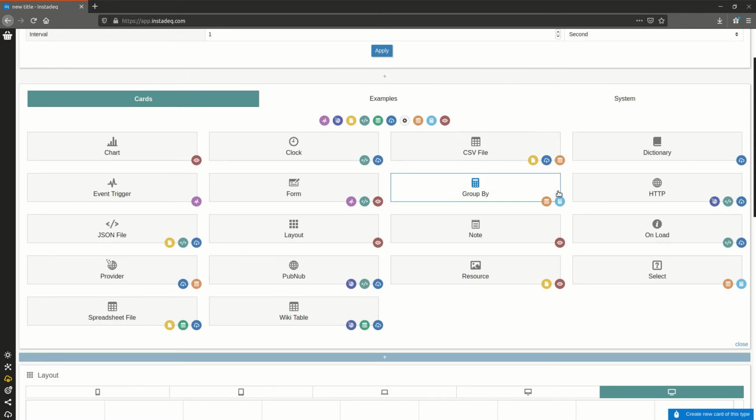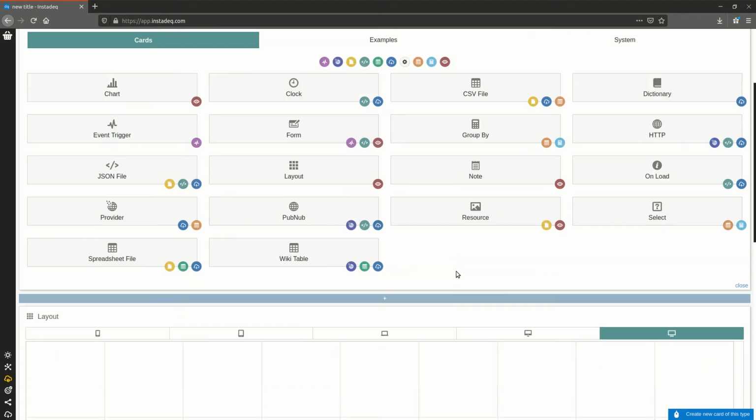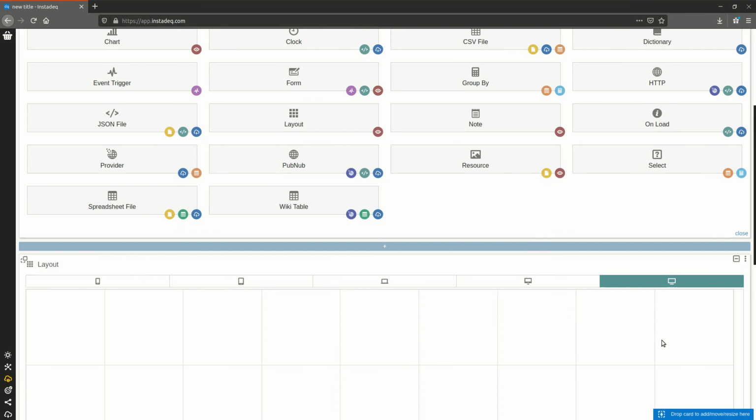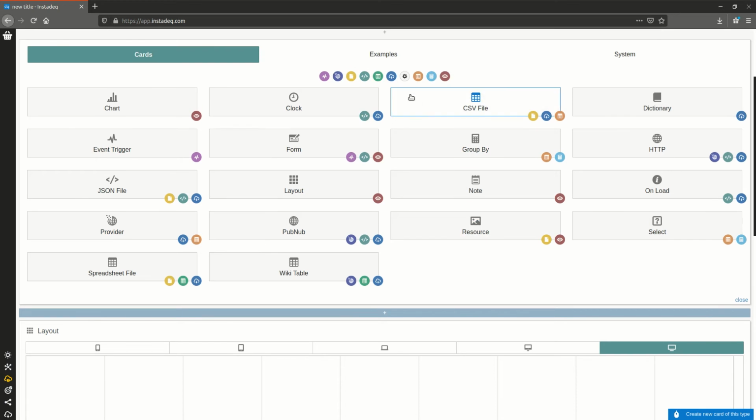And we also can add notes where we can take notes for ourselves or explain something on a deck. We can also share decks and not only grids or cards, so we may want to have notes explaining what's being displayed. We also have resources where you can load images. For example, if you want to add a logo to a layout, or if you want to add a background, you do it through a resource. And finally, we have